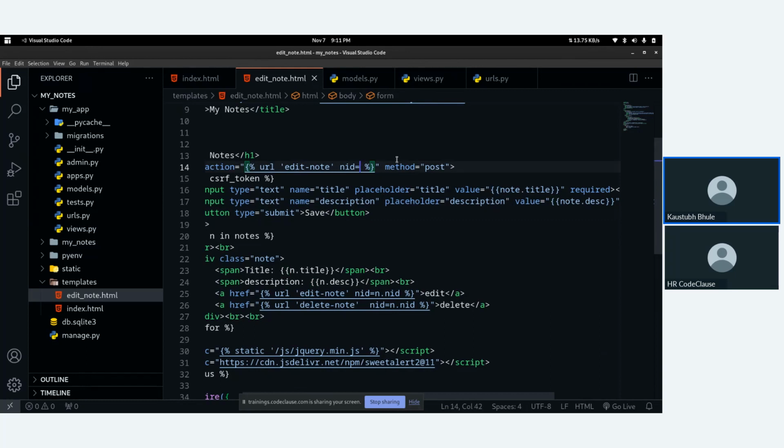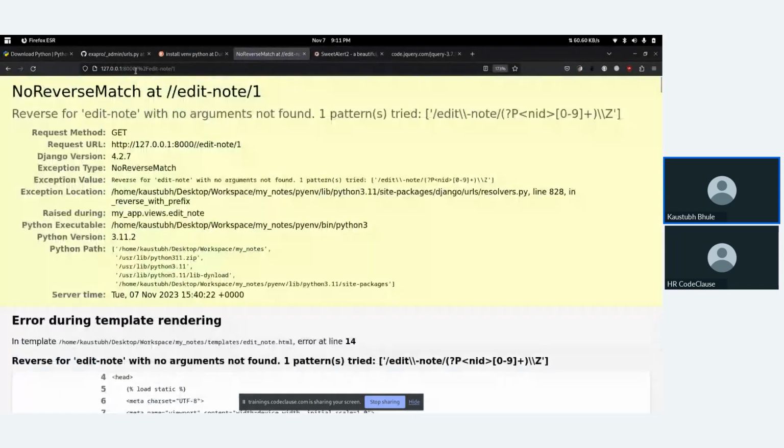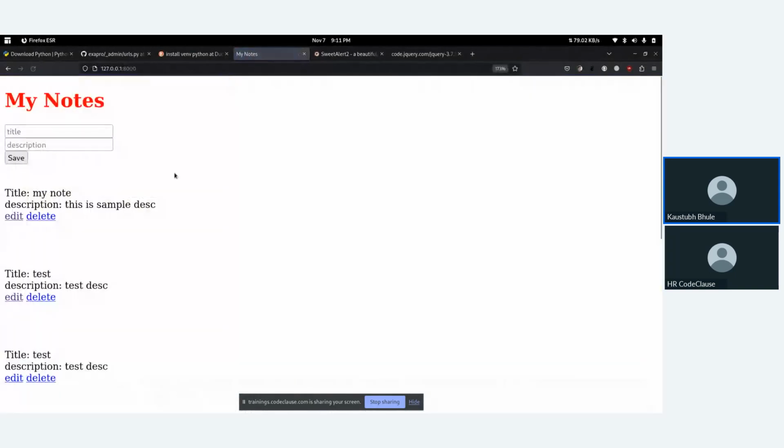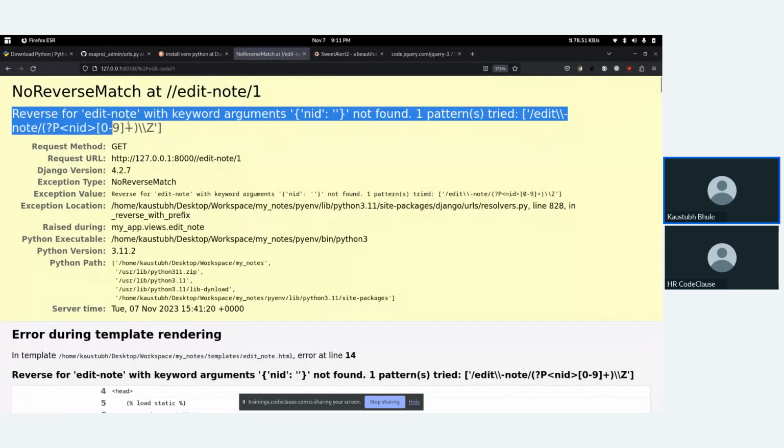So NID equals to note dot NID, as I want to pass the NID to my edit note URL. Okay, now let's refresh. Just click on edit. Not found. Reverse for edit note with keyword arguments not found.